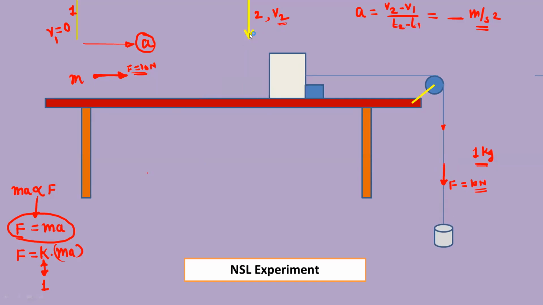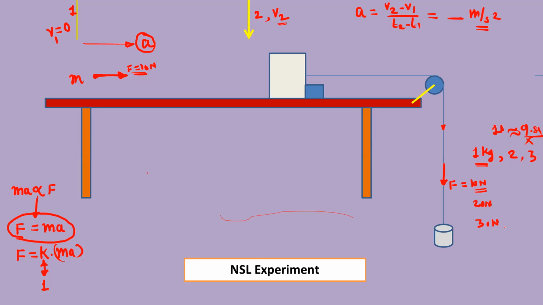So at this point, we will get some velocity, that is V2. And then by using this formula, V2 minus V1 upon T2 minus T1, we can find out the acceleration. After that, we can repeat the experiment for different dead weights. Initially I have selected 1 kg, so we are applying 10 Newton. If I select 2 kg, that will become 20 Newton, and 3 kg will become 30 Newton. This is an approximate value. Actually, we should multiply this by 9.81, so we approximate 9.81 to 10 meter per second square.